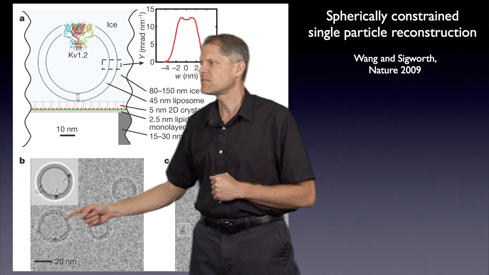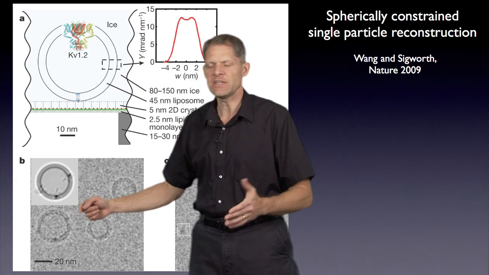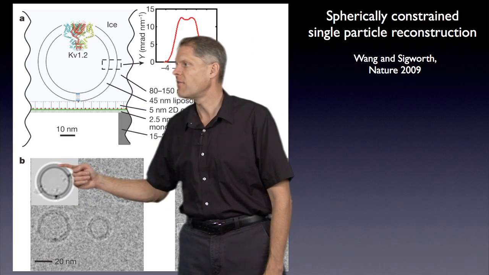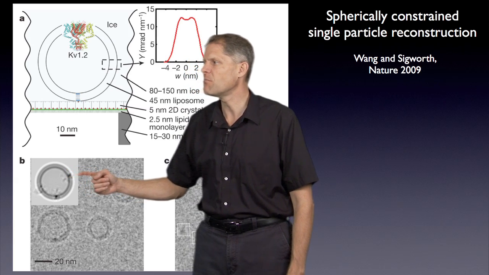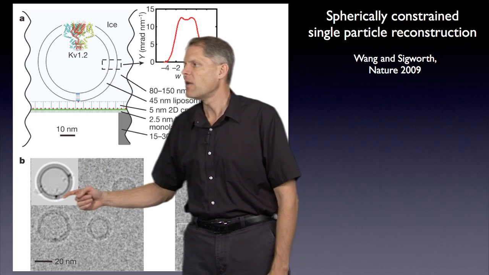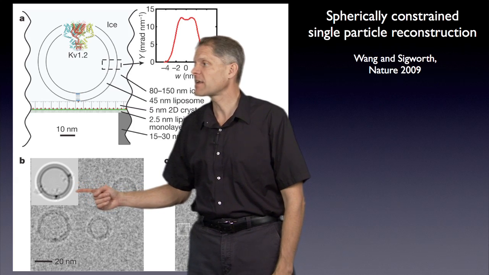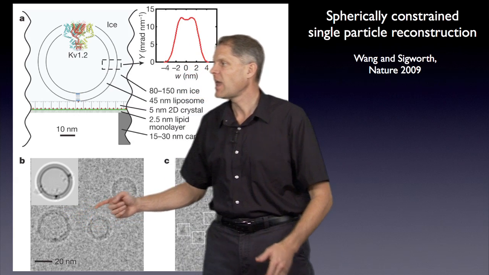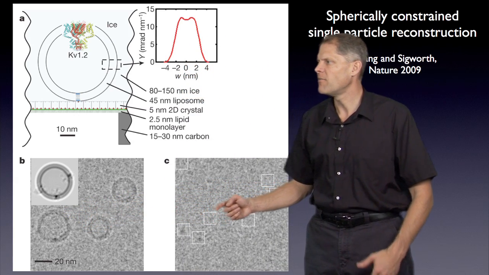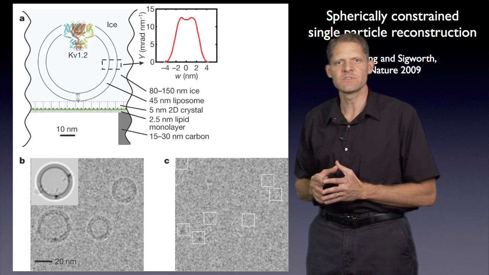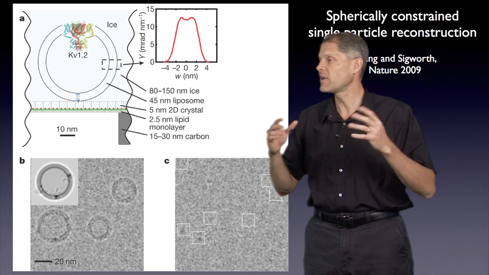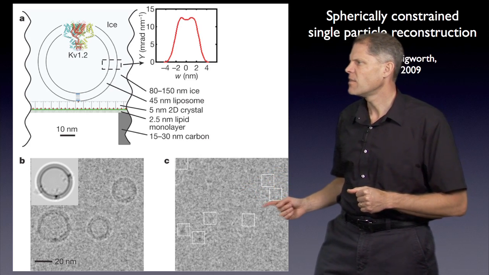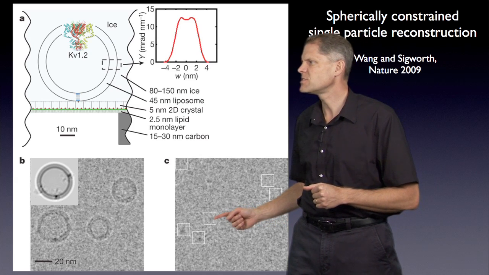And for a liposome of this size, one can calculate in great detail what its theoretical image would look like. So here is a calculation of the density of that liposome with a protein model embedded in certain locations. And what one can do is then subtract the predicted density due to the liposome from the original image and obtain an image of theoretically just the proteins themselves suspended within the buffer as if there had been no liposome there. And so here there are boxes around the membrane protein itself in the positions where it was found in